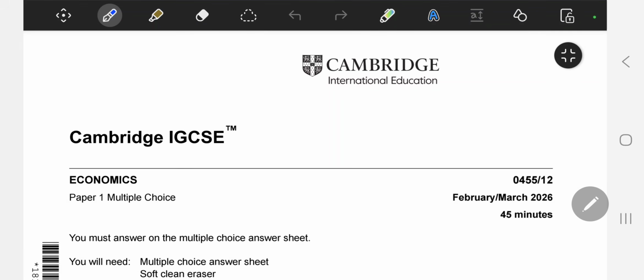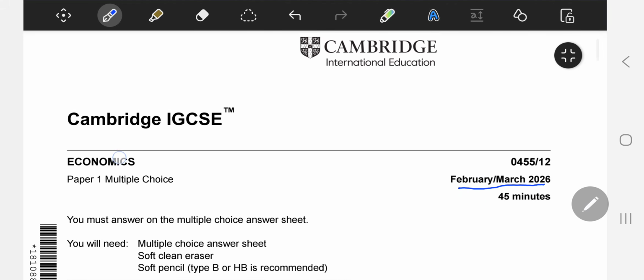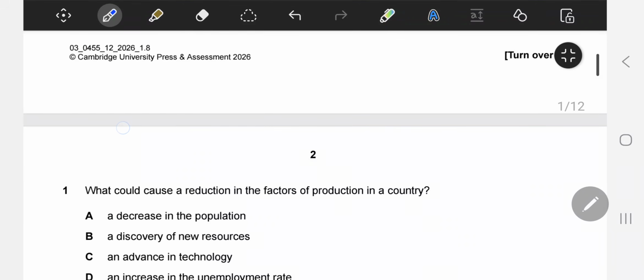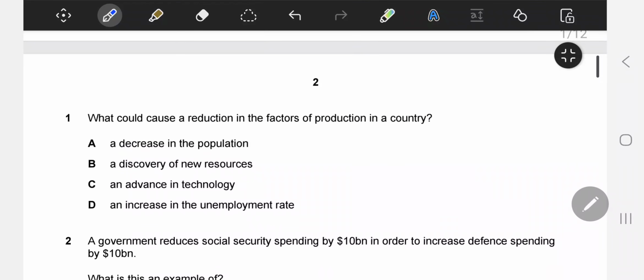Hello and welcome to this video again, where now I'm going to try the IGCSE paper 1 0455 MCQ, which was done in February-March 2026. Again, I'm going to try this before the mark scheme comes out. Right, without wasting any more time, let's go directly to question 1, which is going to ask us, what would